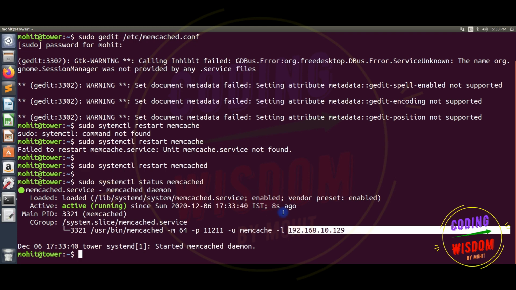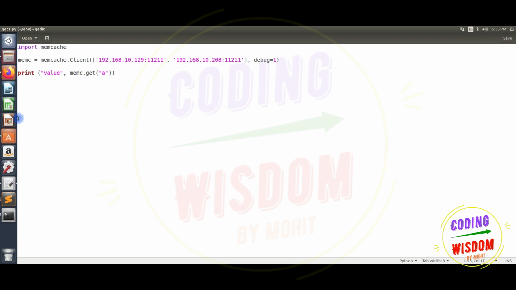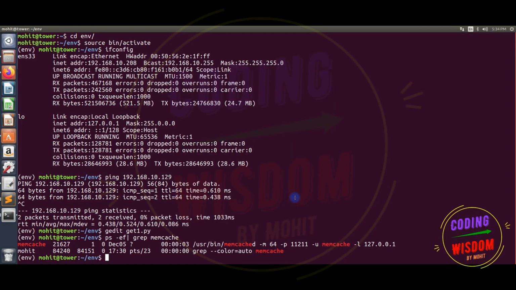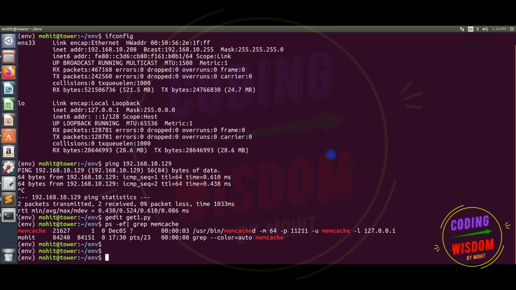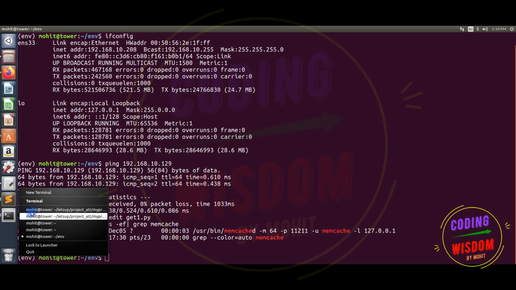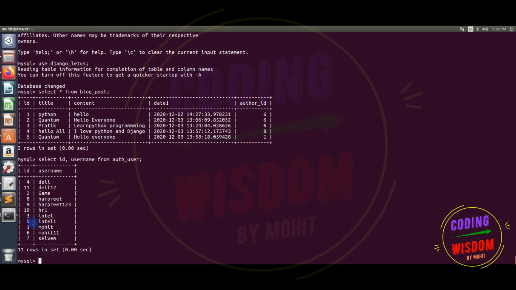Let's do the same thing on the second PC. The second PC address is this one. I know, so copy this IP. You can see this IP here also. I have some other terminals.